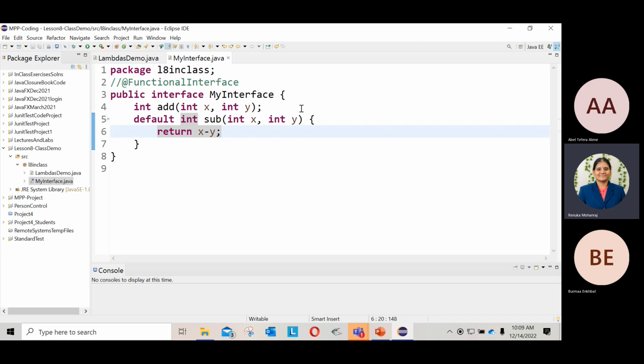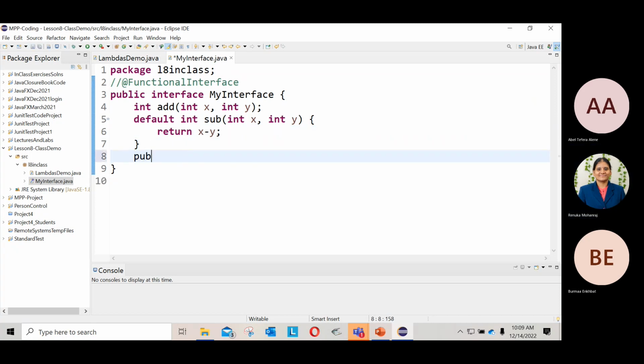So an interface can have multiple implemented methods, many default, many static methods, but one unimplemented, and it is still a functional interface. So I'm going to do this. There's even no need for public. Let's do string to string. Is this a functional interface?